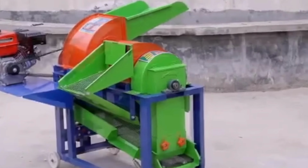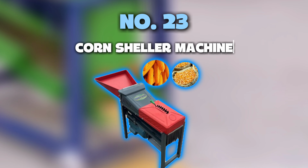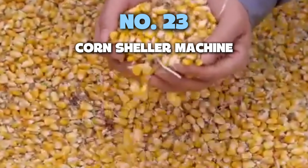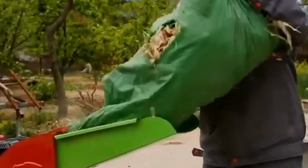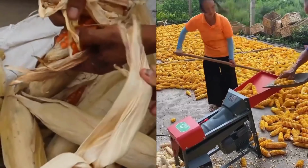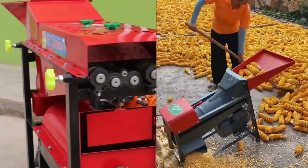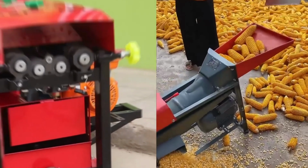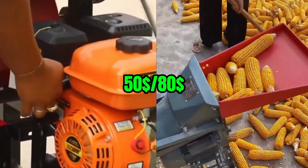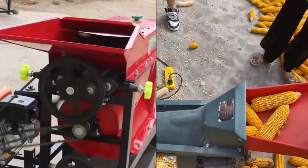The next machine removes every kernel of corn in seconds, effortlessly. Number 23. Corn sheller machine. In farming, time is everything, and a corn sheller transforms hours of manual labor into minutes of efficiency. Its function is simple. It separates corn kernels from the cob using a system of rollers or blades, available in manual or electric versions. Small models cost between $50 and $80, while electric ones go up to $500, ideal for